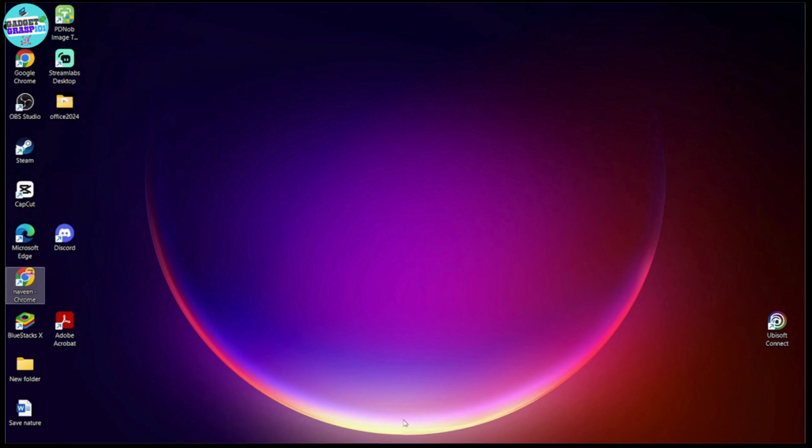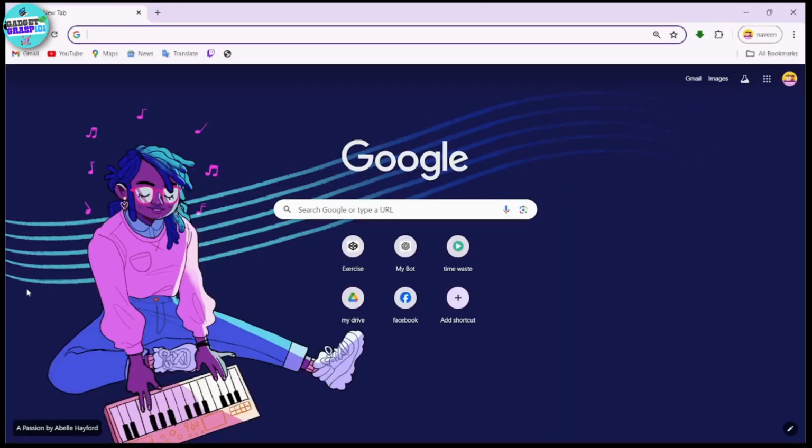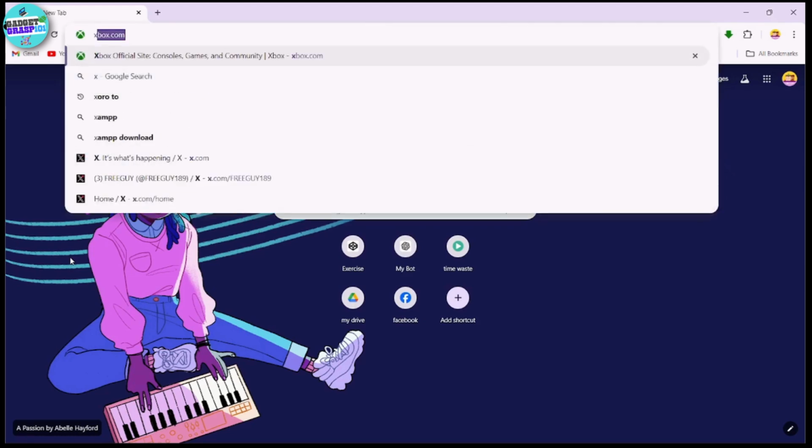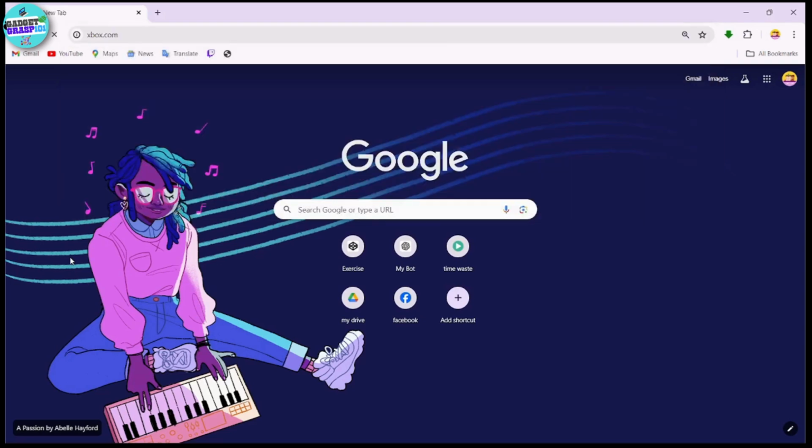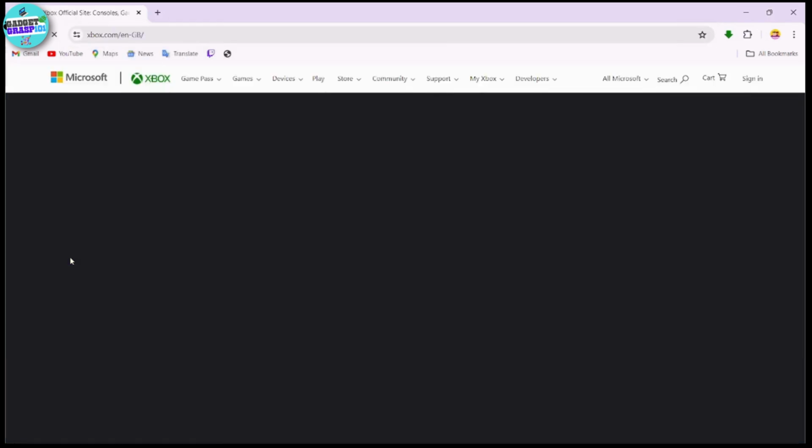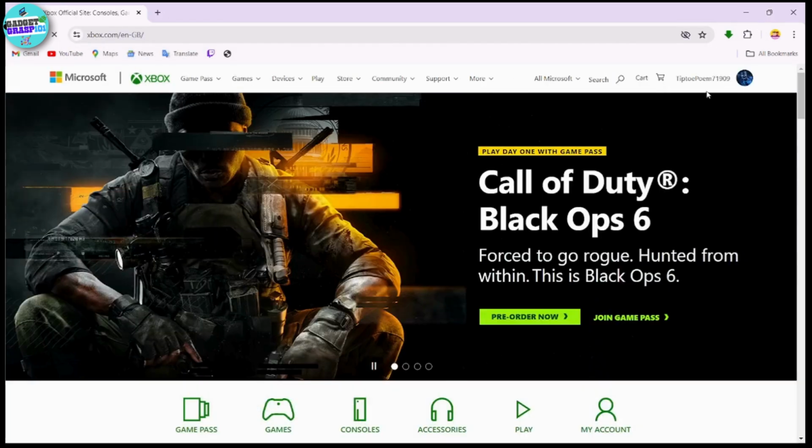is first open up your browser. You can select your browser, or if you have installed Xbox in your device, you can also follow the same steps through that. After opening up your browser, just search for xbox.com. After searching for xbox.com, you will come up to this page, and from here what you have to do is